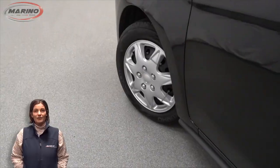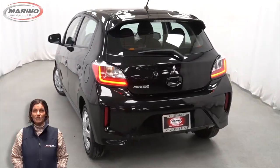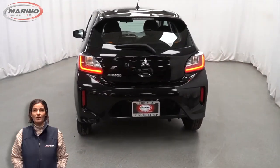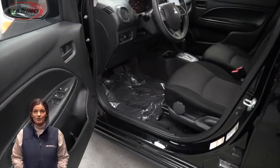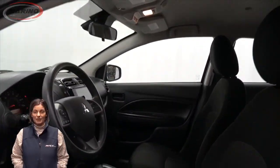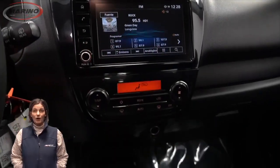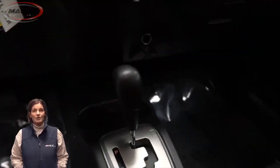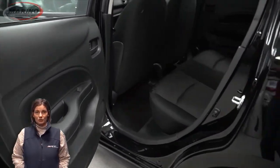With halogen headlights, forward collision mitigation, 14-inch steel wheels with wheel cover, front bucket seating, steering wheel mounted audio controls, 62,000 miles on the odometer, 7-inch touchscreen, Apple CarPlay and Google Android Auto, split folding rear seats, 1.2-liter 3-cylinder engine,